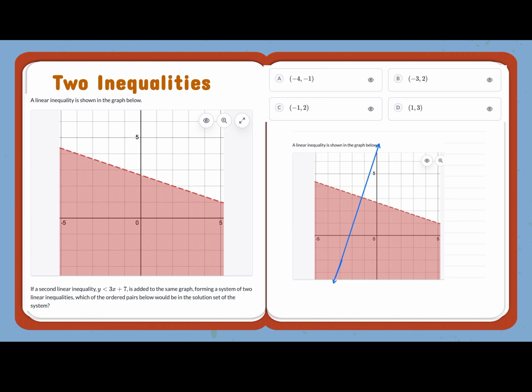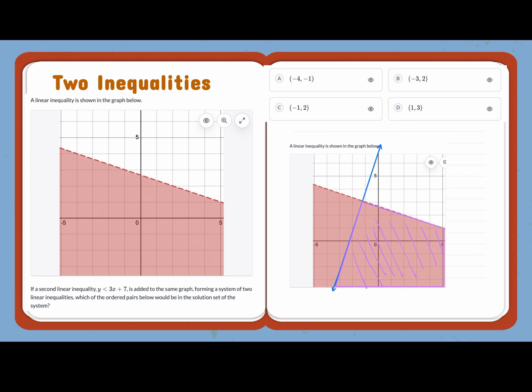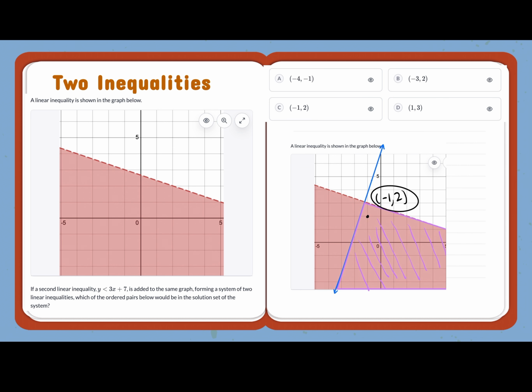graphs. So we have y is less than 3x plus 7, which is this line here. Because we're looking for a specific coordinate, we will have to be a little bit more specific and draw the correct line. So if you look here, anything under this blue line will be correct, but again, we're matching it for both lines. So we need the area that is shaded by the given line and this blue line. So specifically, it's more so this area here, which if you look closely, the correct answer will be negative 1,